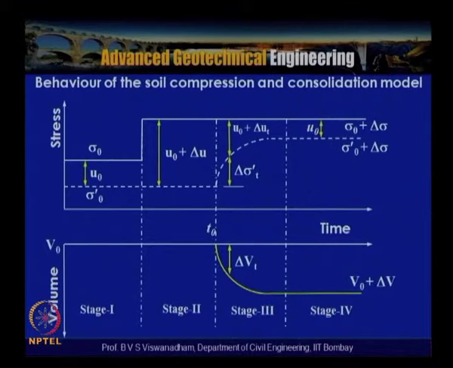Initially, assume that we have the piston and the spring, and the portion of the container below the piston is filled with water, and no stress is applied, no delta sigma is applied. In that case, the total stress is equal to sigma naught dash plus u naught, and wherein here